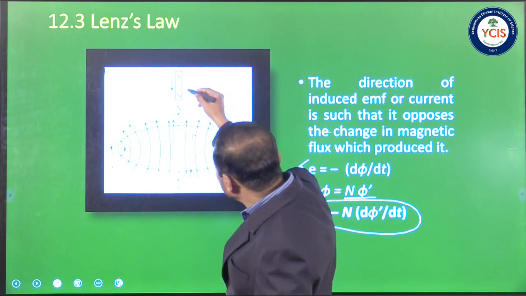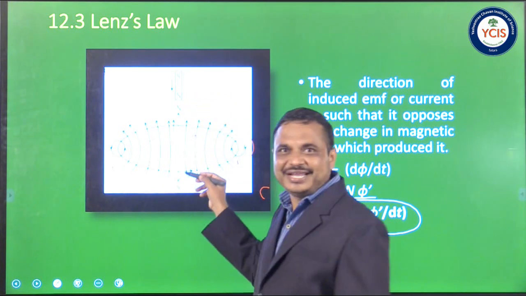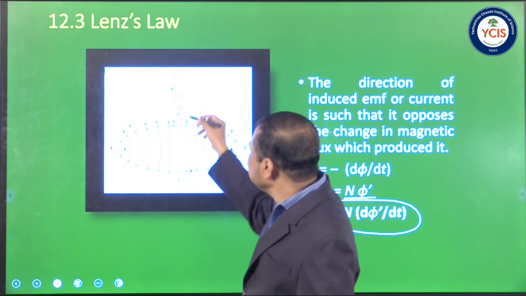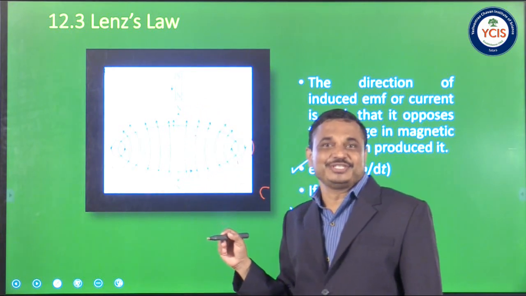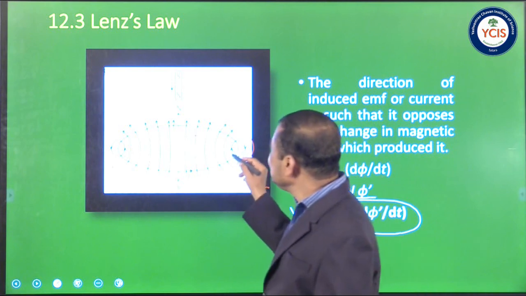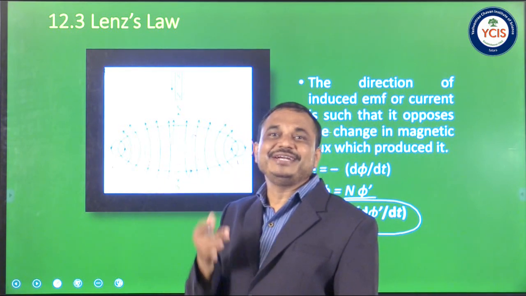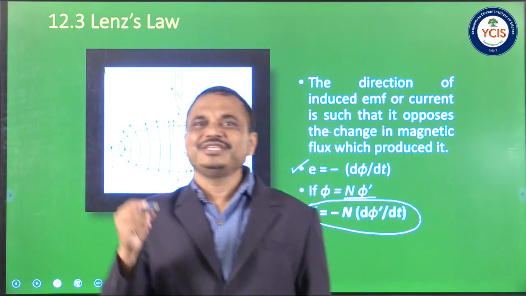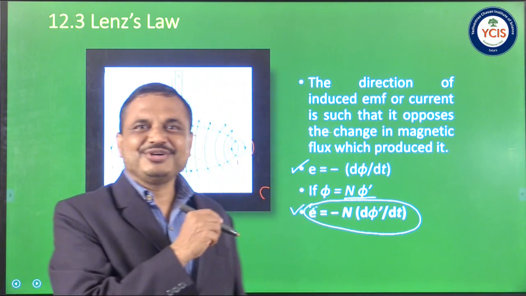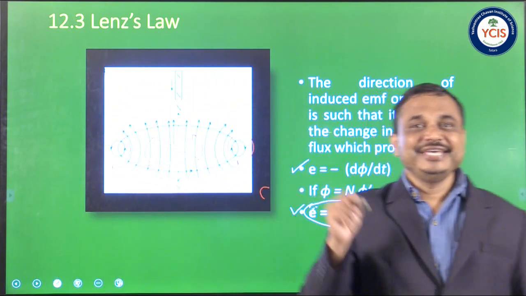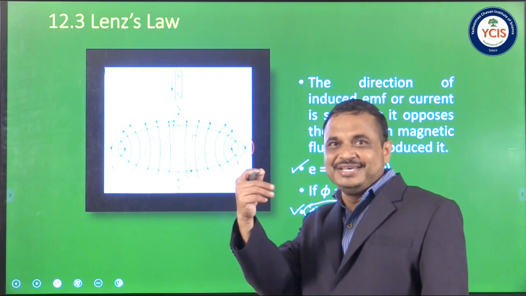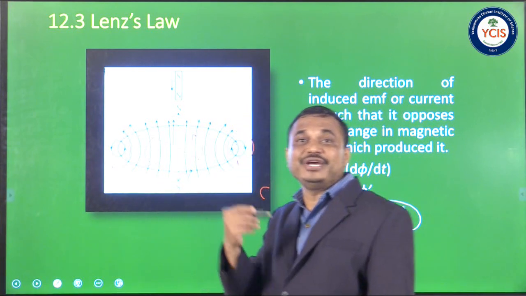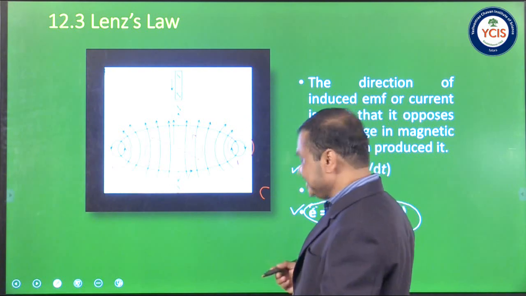So if the N pole approaching the coil induces the current, then this current makes this face an N pole, and there is a force of repulsion between similar poles, that is N and N pole, and hence this current opposes the approach of the magnet. This is Lenz's law. So when the N pole is approaching the coil, current is induced in that coil such that the face acts as an N pole, and this N pole repels the motion of the magnet towards the coil which produces the induced current, and that is Lenz's law.